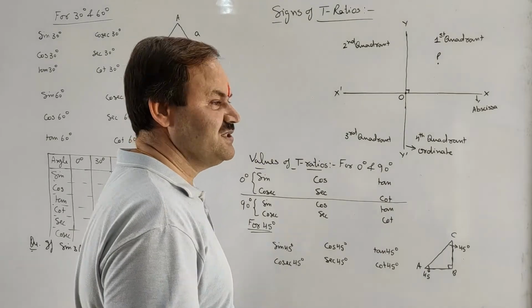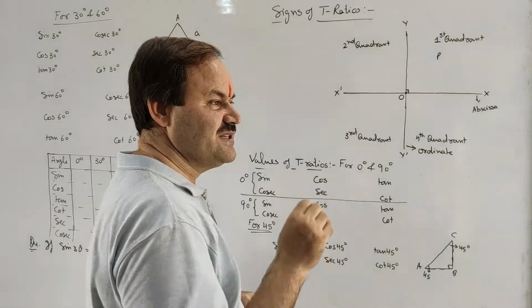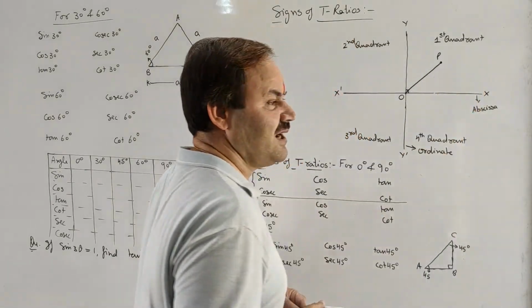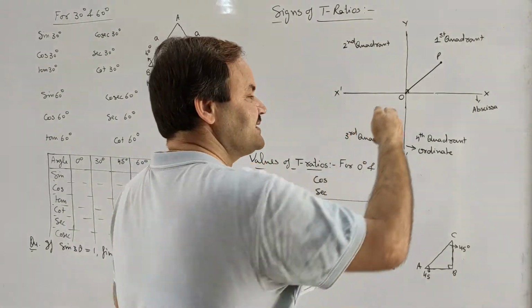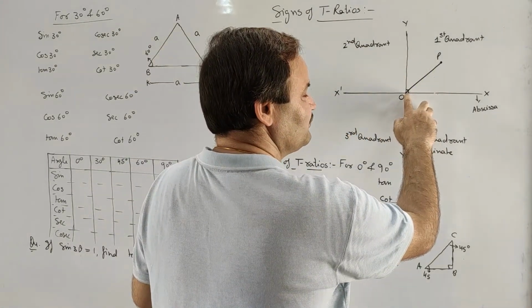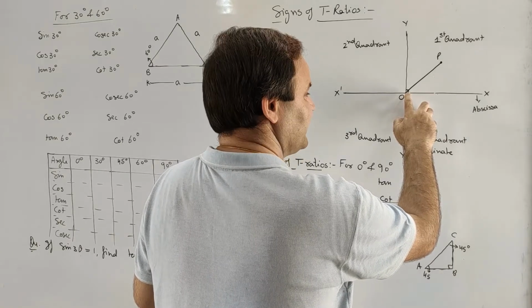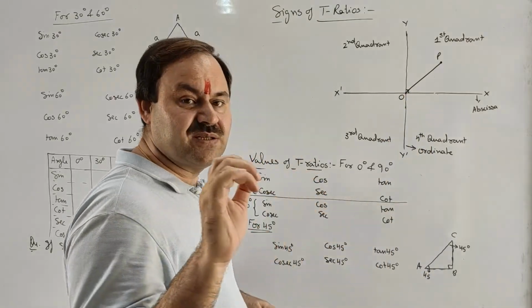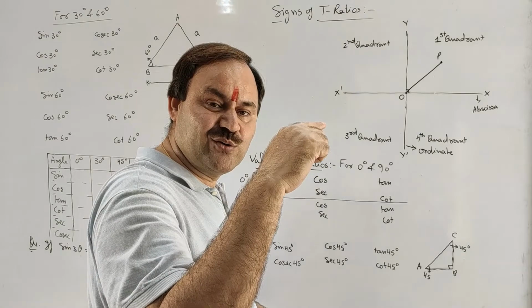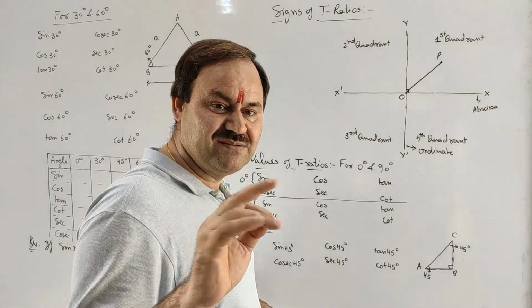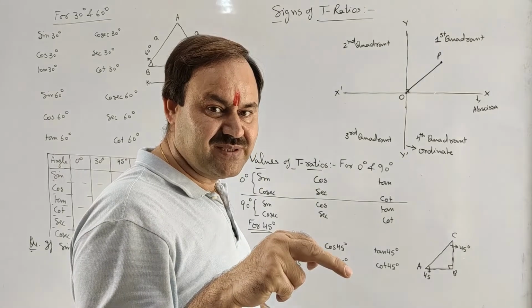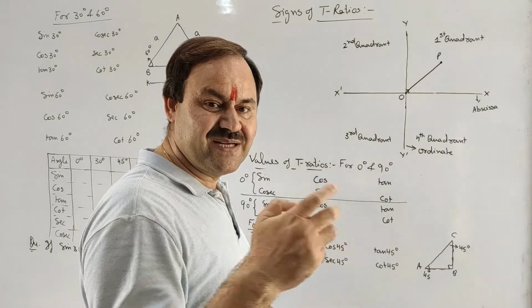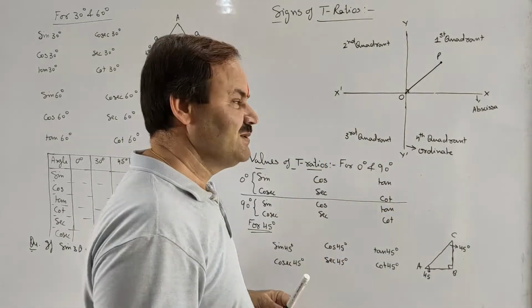So first we will move along x-axis and then along y-axis to locate a particular point in Cartesian plane. To determine signs of T ratios in various quadrants, say OP is our rotating line. This line is rotating about one of its ends, located at the center. Rotation in anti-clockwise direction is always taken as positive, while rotation in clockwise direction is negative, because the angular displacement in clockwise direction will be negative, in anti-clockwise direction it will be positive.